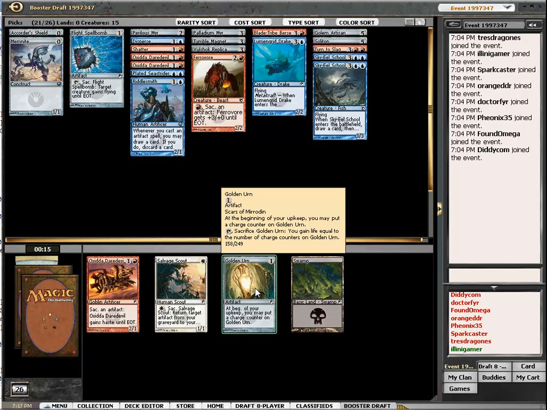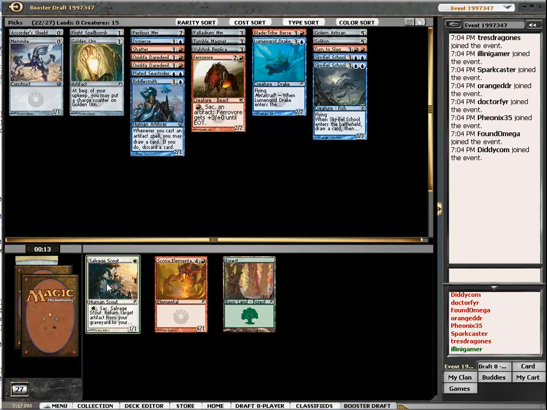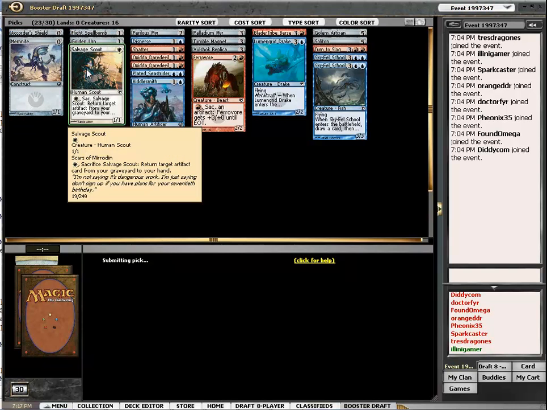And here I'm going to take this Golden Urn. Not playing the Elemental. Savage Scout will... I don't want to face another deck which sacrifices everything to Dome you. I've seen it being quite annoying, like getting back